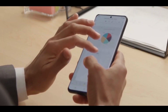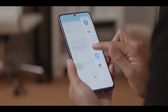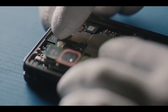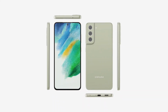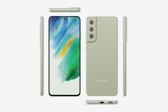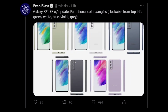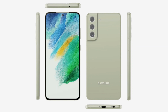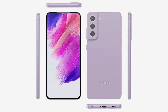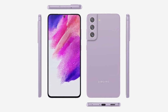The phone will have 6 and 8 gigs of RAM as per the latest leak that has been arriving through the Geekbench listing, which indicates that two models are going to be coming for the S21 Fan Edition. There is going to be a screen size of 6.4 inches, with a 120Hz Super AMOLED display. Unfortunately, just like the S21 and S21 Plus, we don't have a refresh rate supported by LTPO, so this is going to be a corner cut for the S21 Fan Edition. The design will be borrowed from the S21 series as seen in the rendered images that have been leaked by